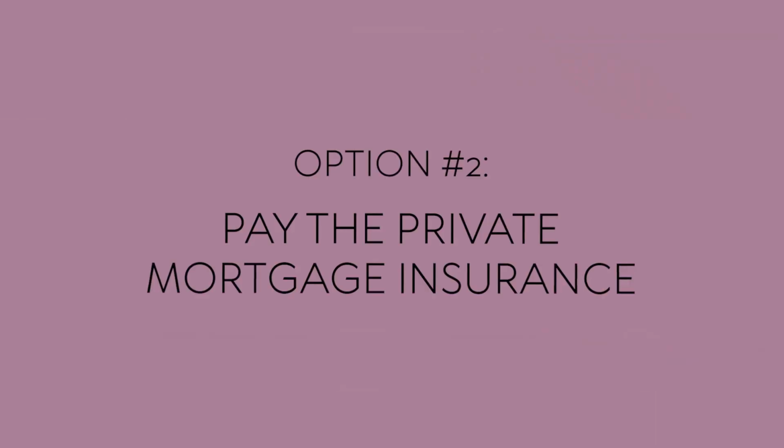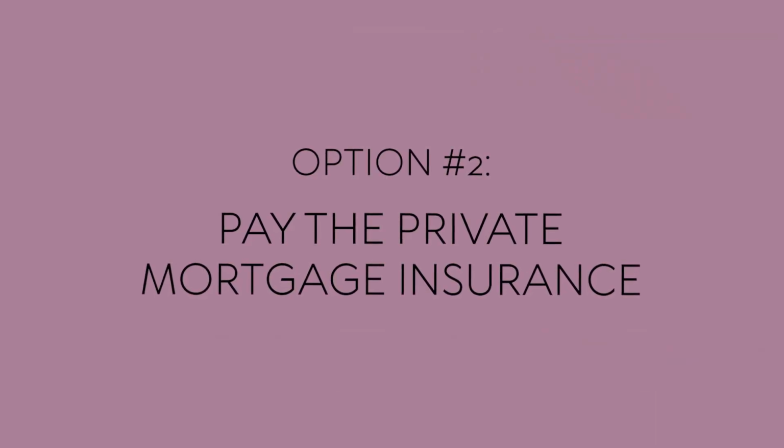Number 2, pay the PMI, the private mortgage insurance. PMI is insurance that protects your lender if you default on your mortgage, and it's typically required when you put down less than 20% of your home's purchase price. Now, on average, PMI costs between 0.5% and 1% of your entire loan amount annually. So if you're buying a home with a $600,000 mortgage, for example, you can expect to pay an additional $250 to $500 a month in PMI, which is, yes, a lot of extra money that is not going toward building